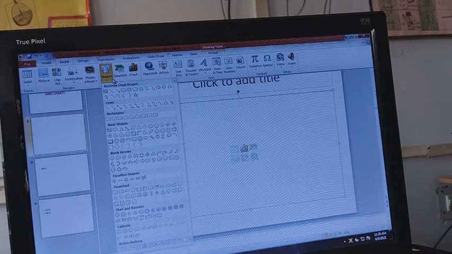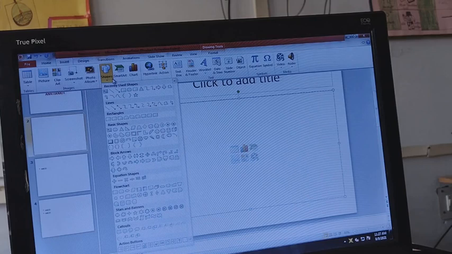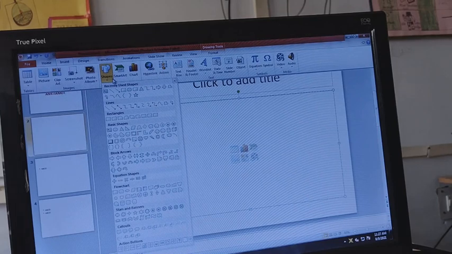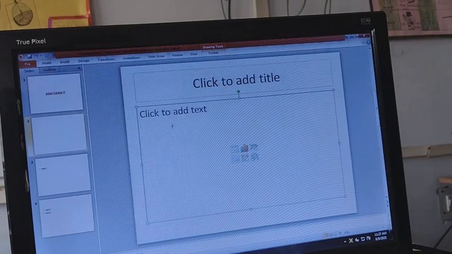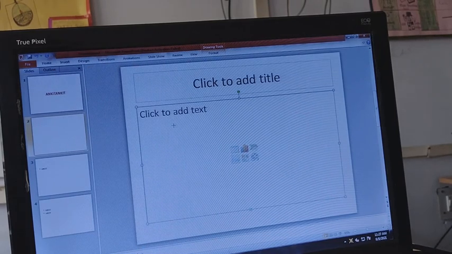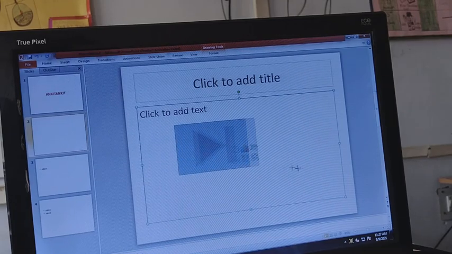You can use it as you have done the word art, or this shape is also there in MS Word. In smaller classes you must have done the MS Word. Here I will show you how to make a shape. Once again, select any of the shapes, and then you will have this plus arrow inside your slide. Then click the mouse and drag it. You can drag the size as per your need.